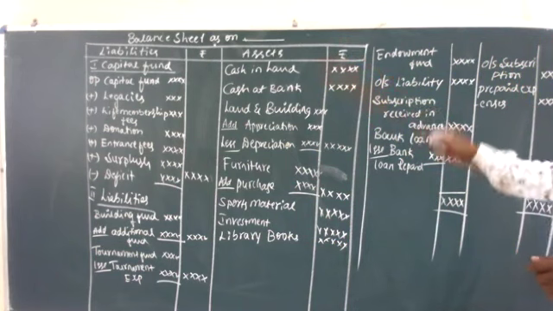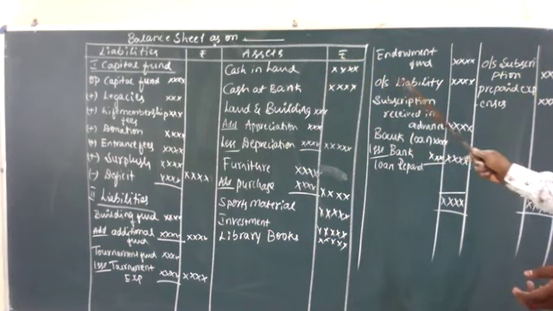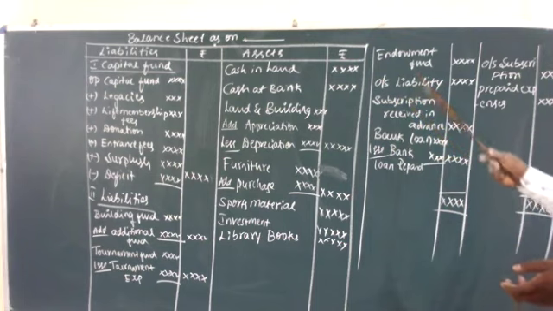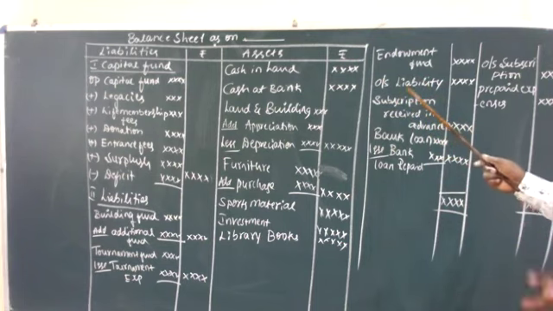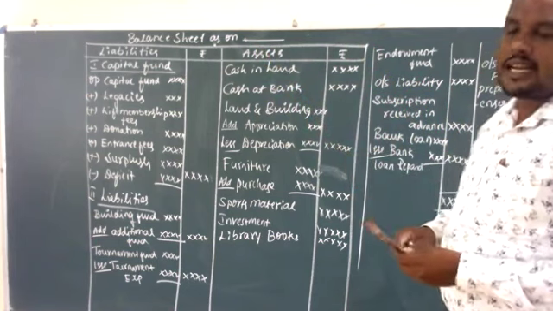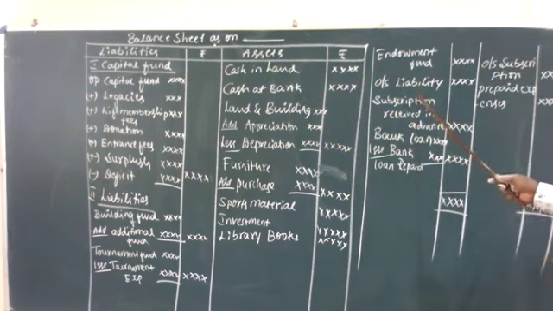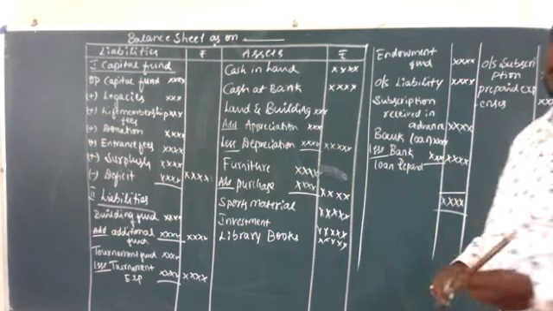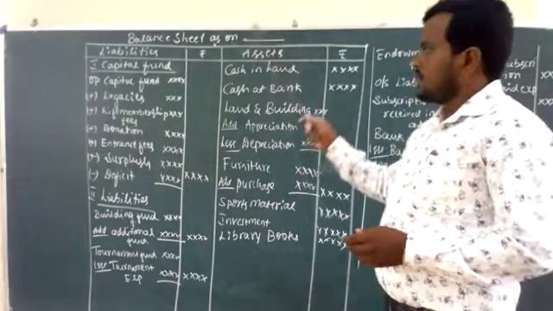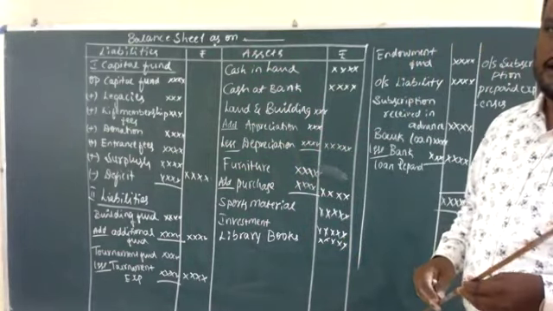After that we record the outstanding liabilities and subscription received in advance, both given in the adjustment. If given, they are current liabilities, and we record them on the liability side. Outstanding subscription, any other incomes, prepaid expenses should be recorded on the asset side of the balance sheet. Finally, we total both sides, and we will get the totals equal. So that is the format of how to prepare the balance sheet of NPO.